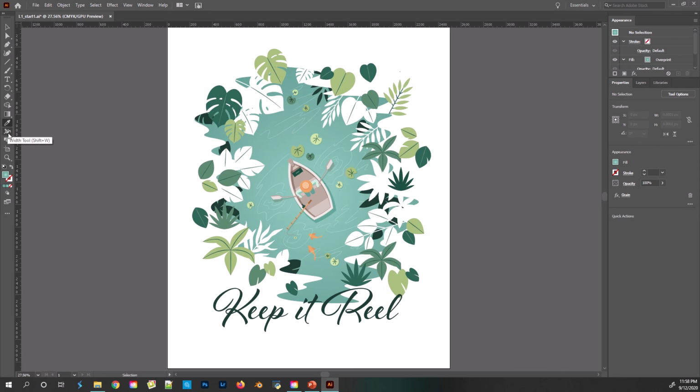Eyedropper tool, width tool, blend tool, artboard tool, a zoom tool, and this is your fill color. The solid one is your fill color, and right below that is your stroke color. Right now it has a red line through it because there is no stroke on the object that is currently